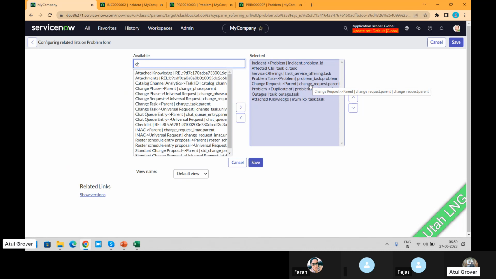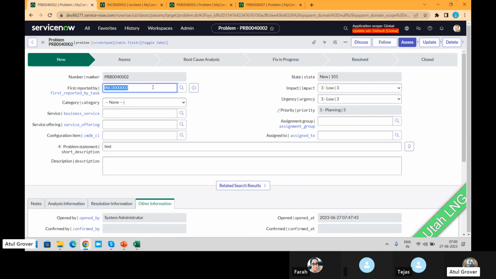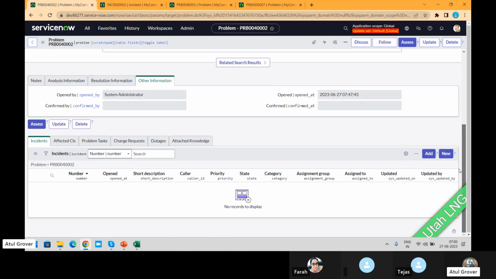Because a problem is never created from the change. A problem is created from the incident. An incident can be raised as caused by change. Even though we are putting it here, first reported by a change, that's fine. But there is no direct relationship that due to a change the problem has been raised. Due to a change an incident has been raised, and to fix that incident we have a change here. So we can add changes here. We can add the incidents that these many incidents are related with this particular problem record.